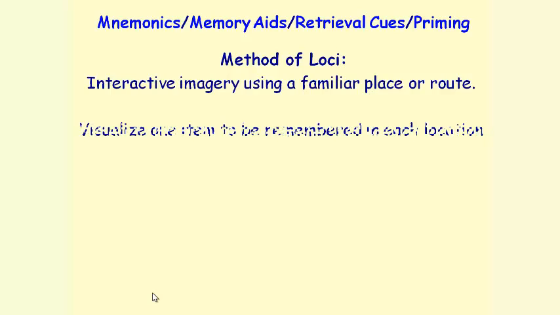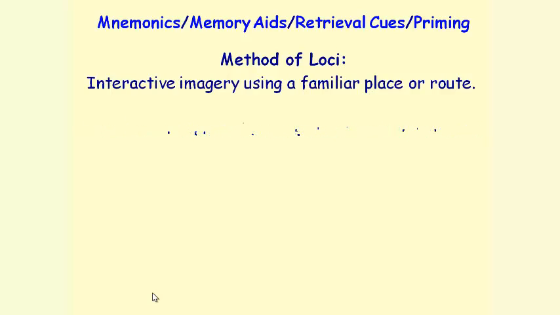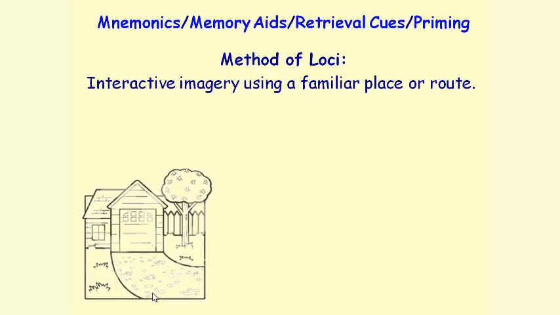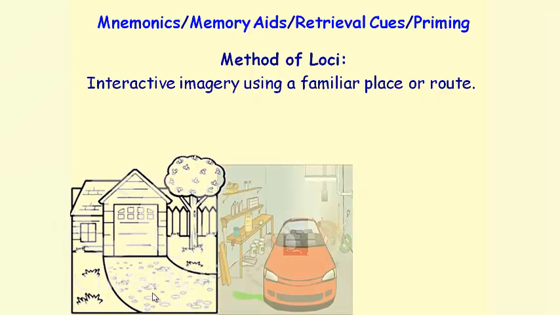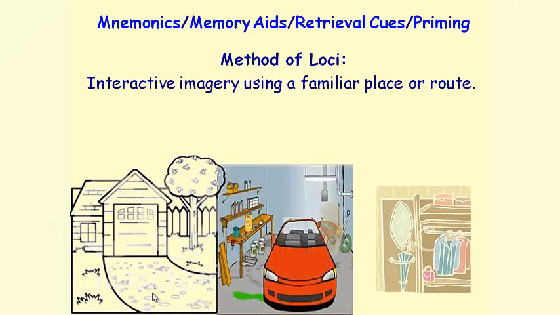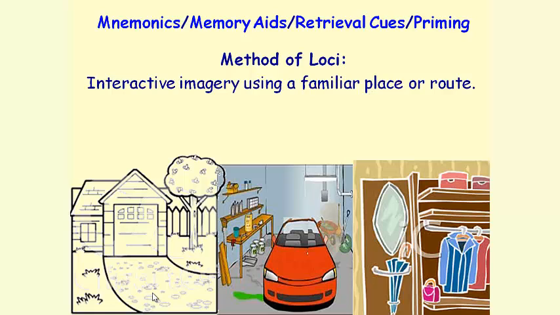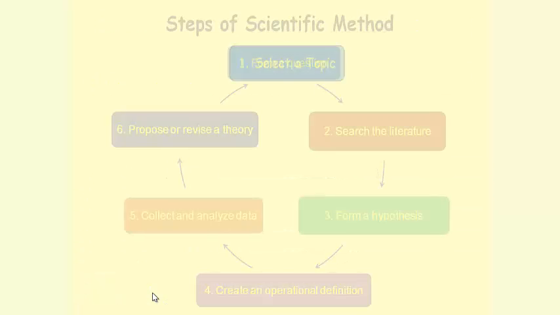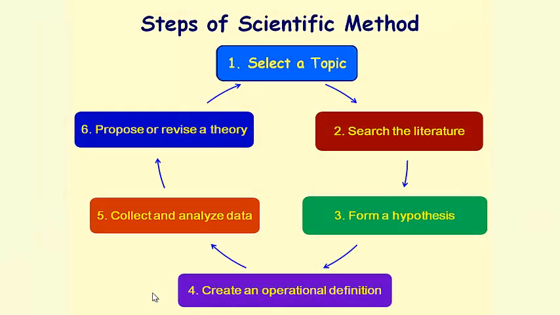Approaching your home, pulling into your driveway, parking into your garage, going in through the back door, putting your coat in the hall closet. You can continue to follow your routine for as many steps as you need to memorize. However, I think 7 or fewer is probably best. To use this familiar location to learn the steps of the scientific method, we link these mental visuals of home